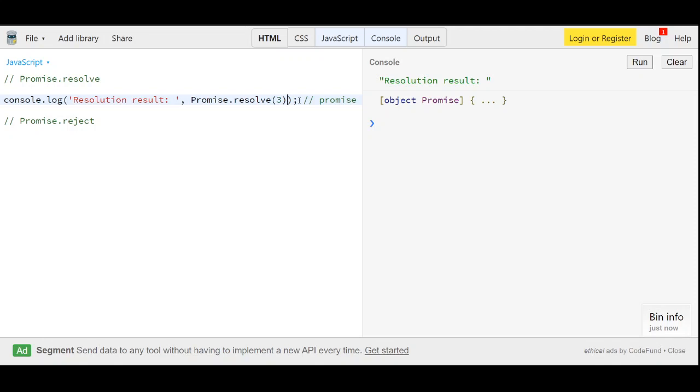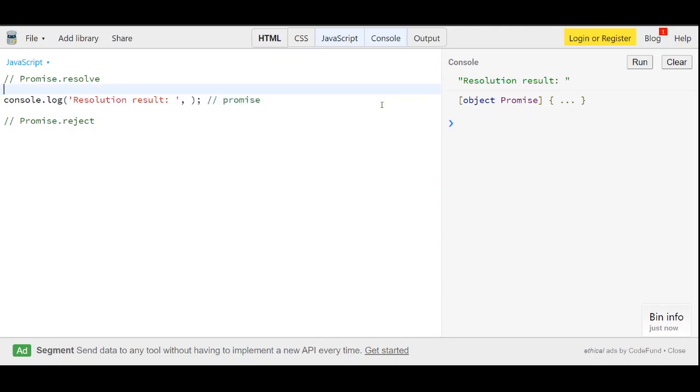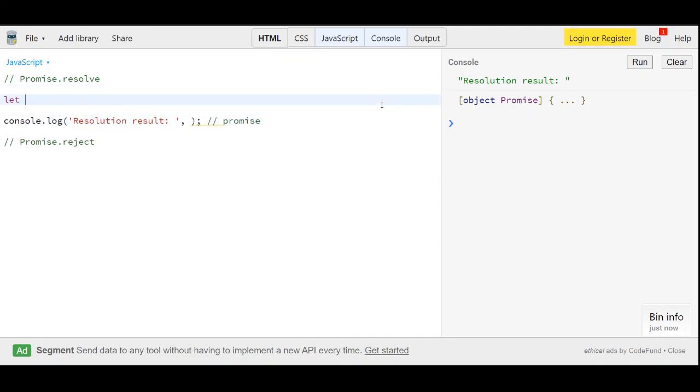Resolve is basically for resolving, but how can I print that value? Let's say we have hello world here. How can we see this value? Let's create a variable here: let result equals this, and then the then method is called. Whenever any of the promises gets resolved, the then method will be called.